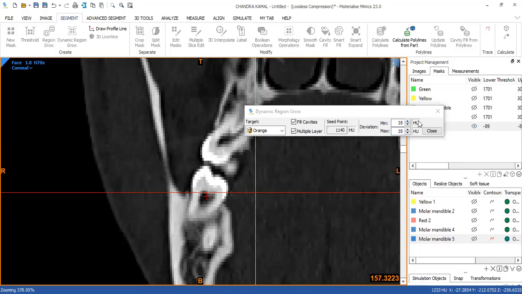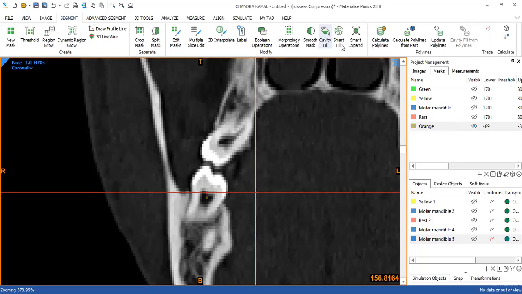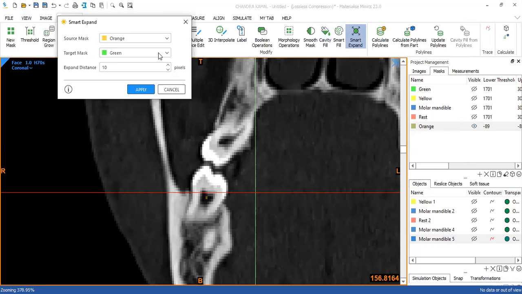I'm just going to click close. I have the orange mask with me. I'm going to try now using Smart Expand. I'm going to keep my target mask as molar mandible. With 15 and apply.